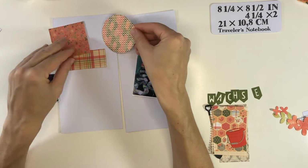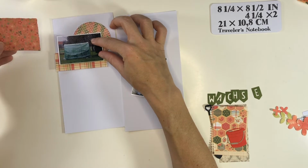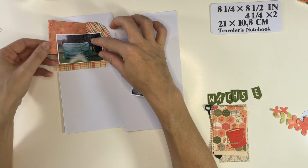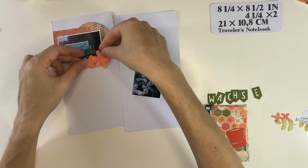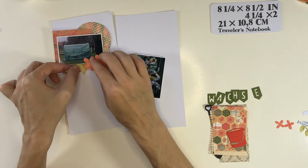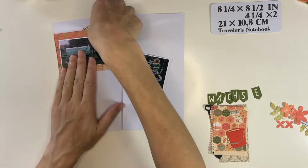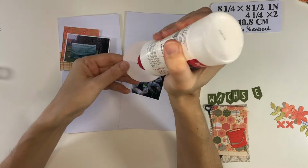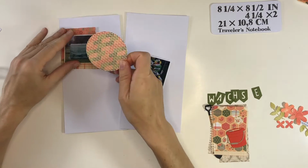This paper circle is die cut and has a faux sewing edge, so I'm not actually distressing that. I'm starting to arrange everything first so that I know where things are going on this page. In this case, I am actually treating this layout as two single pages,